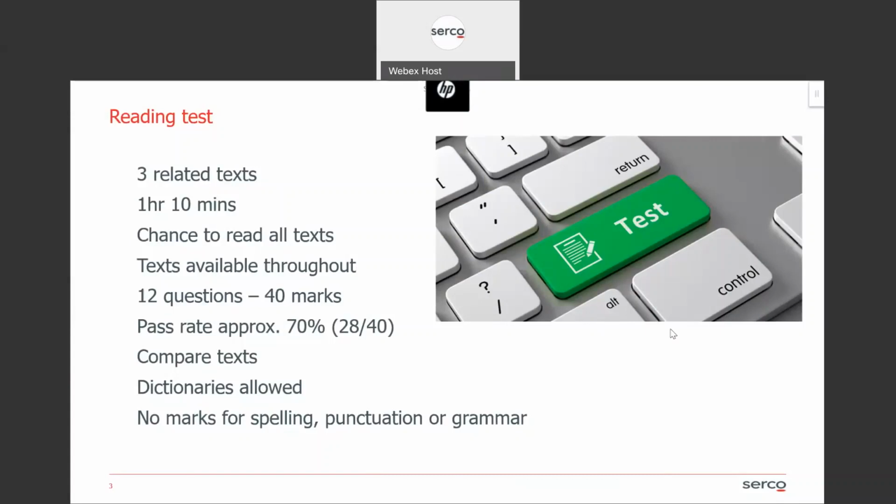To pass for reading tests, you usually have to get around 70%. We're looking at about 28 marks out of 40. There will be questions where you're required to compare and contrast between the texts, so that's important to look out for. You can bring a dictionary to the test if you'd like to and look through, although you won't be